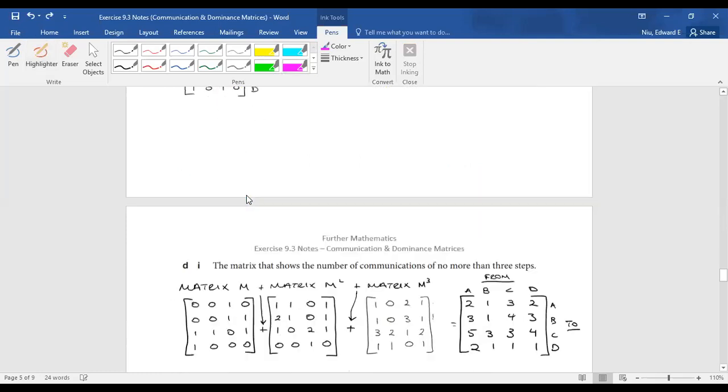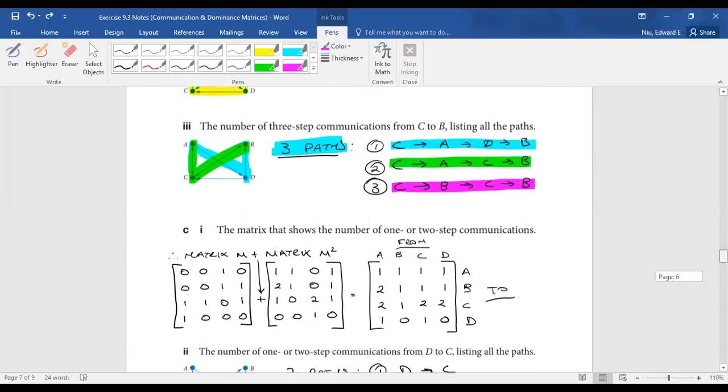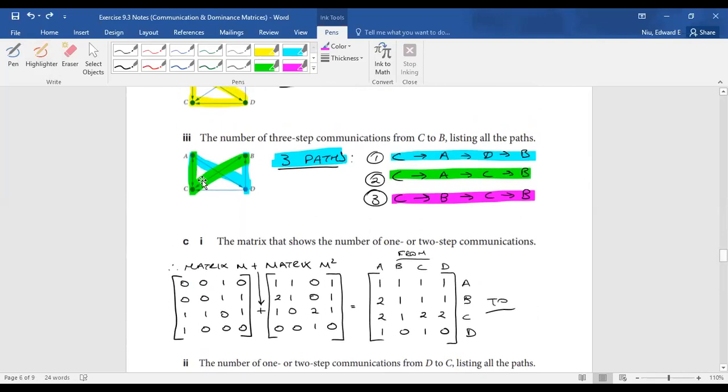Okay, that's not going to work, is it? With the highlighting overlaps. So you can go C to B, back to C, and then back to B. So that's 1, 2, 3. All right, so that's commonly one of the ones that people usually forget, that you can go back and forth,